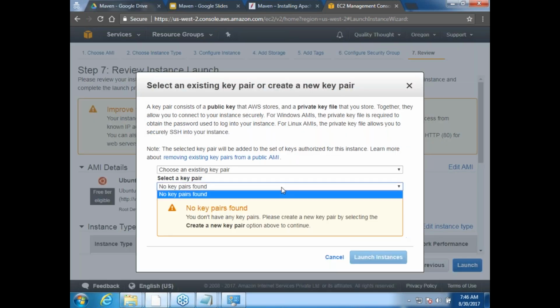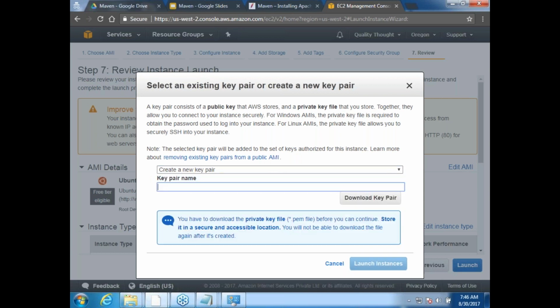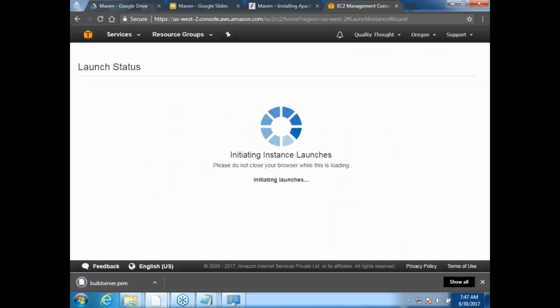I don't have a key pair, so I'll create a new key pair and call it build server. Then launch instances.